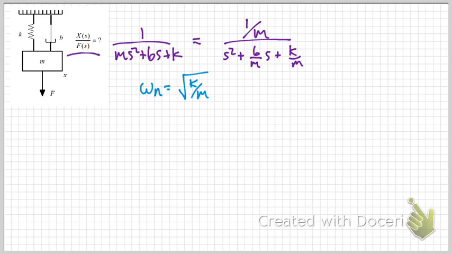That is the case for this specific scenario and a couple other scenarios, but we're going to see that it's not always the case even for mechanical systems. But for something as simple as this, it is the case to the point where your book defines your natural frequency as the square root of k over m and does everything from the perspective of a mechanical system. I'd prefer to not do that